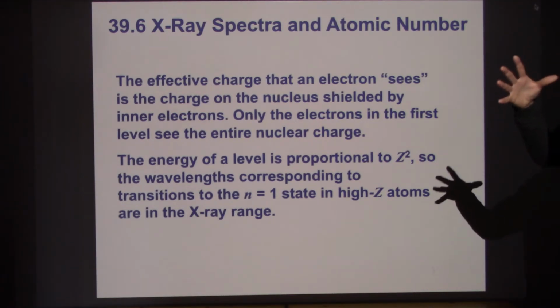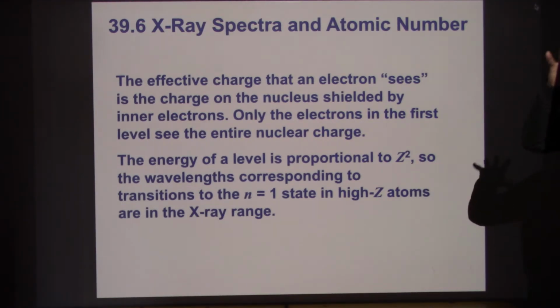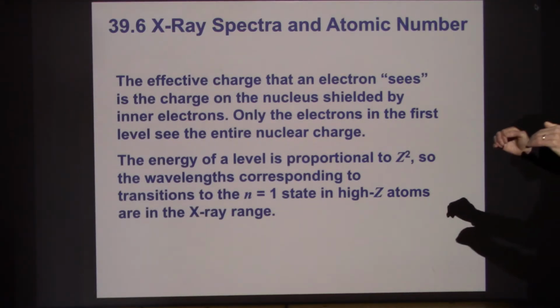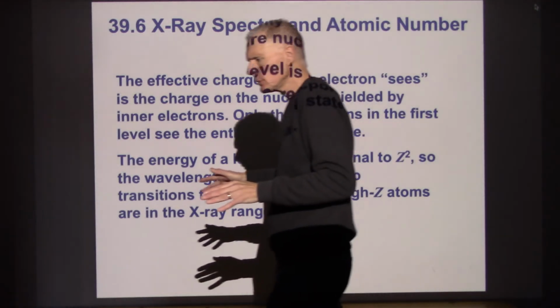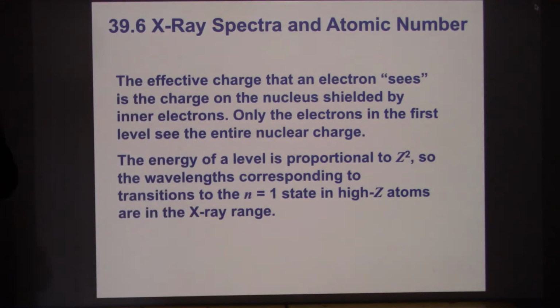So as I move farther and farther out, the outermost electrons only feel a nuclear charge of 1 or 2 because they're being shielded by all the other electrons. So the inner electrons feel the full effect, but the outer electrons only feel a charge of a couple of positive charges. And that